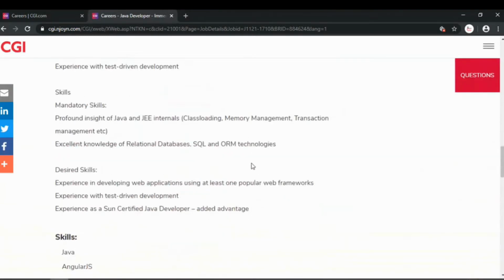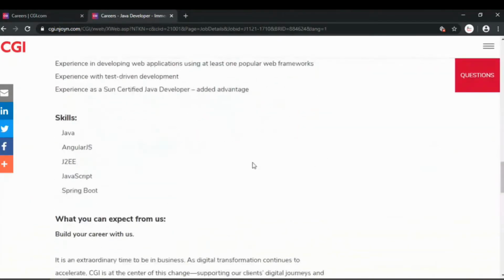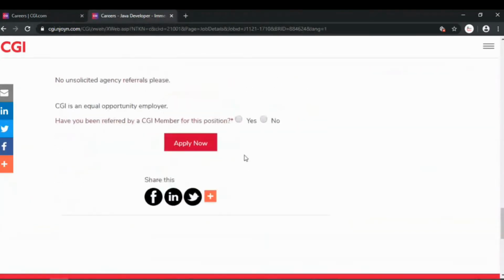As you are already logged in with your own profile, if you are connected with any CGI member, personally or on any professional platform, you can always ask that member for their reference mail ID.